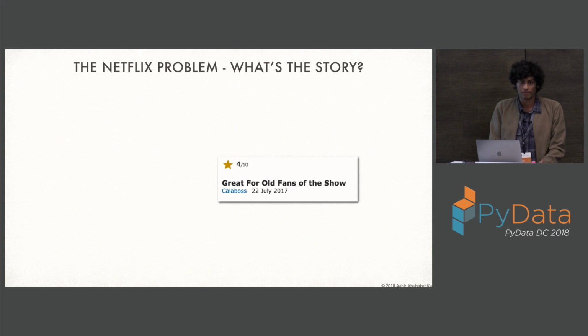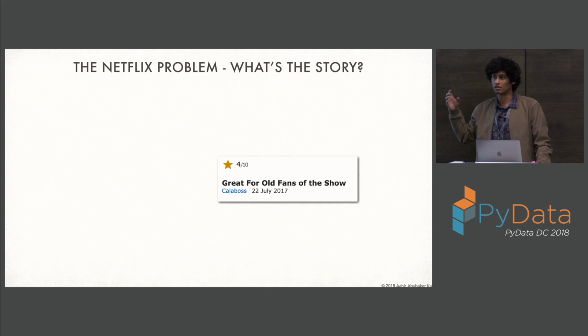So what's the story? What we find is that these films that you probably haven't heard of, unless you have some really niche tastes, are all actually cult films. They've had really polarizing opinions. They've had opinions on IMDb like, it's great for old fans of the show, but still a 4 out of 10. I didn't like it, but it would really resonate with this small group of people.